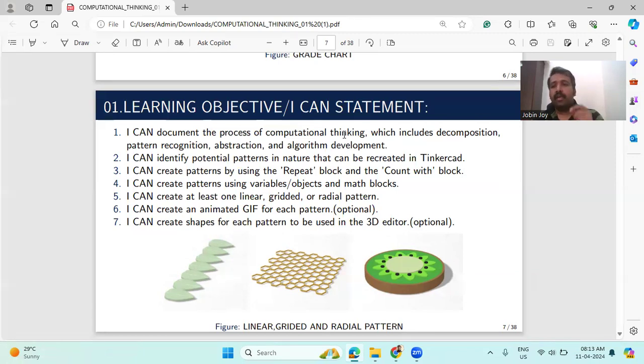Okay. The first three design activities are common to all. Actually, the main aim of doing this type of common design is to inculcate the concept of collaborative learning. So there are six designs. Students have to prepare six designs, and the first three designs are common to all. These are the three designs. The first one is the linear leaf pattern, then the second one is the gridded honeycomb pattern, and the last one